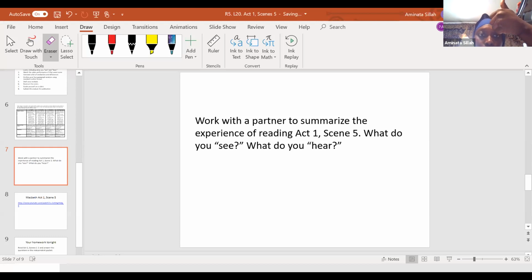So for the next 3 minutes, I'm going to open up the chat so that you can message your ELA partnerships and you can collab on this. You're going to write down some things that you see, some things that you hear. That means you have access to chat everyone. I understand, but I'm trusting that we're going to be mature and responsible enough to just have conversations with our ELA partnership.